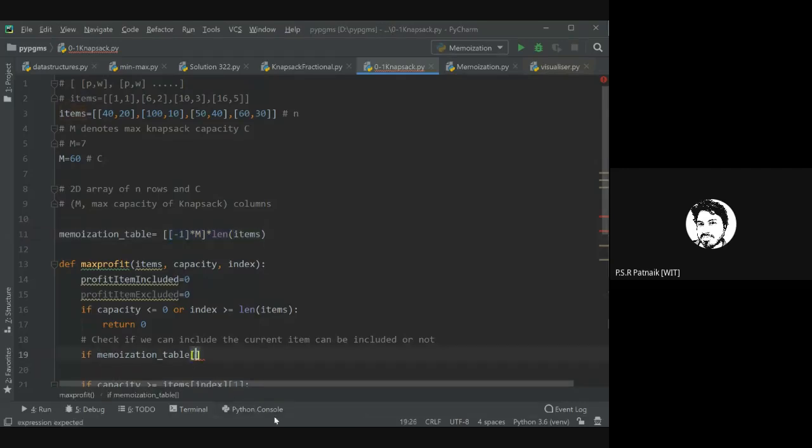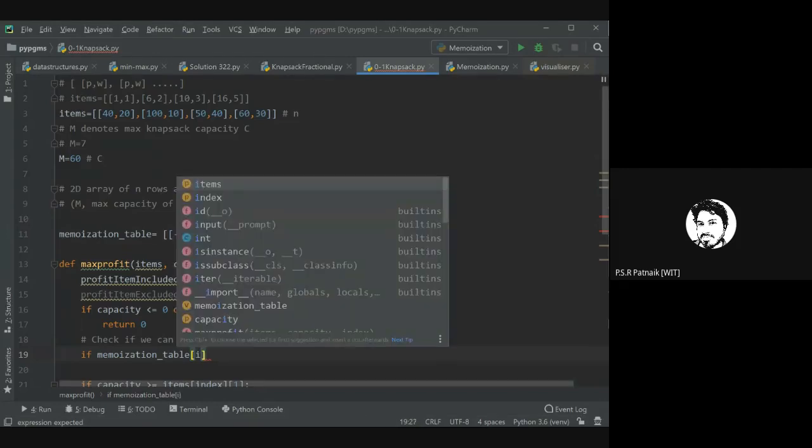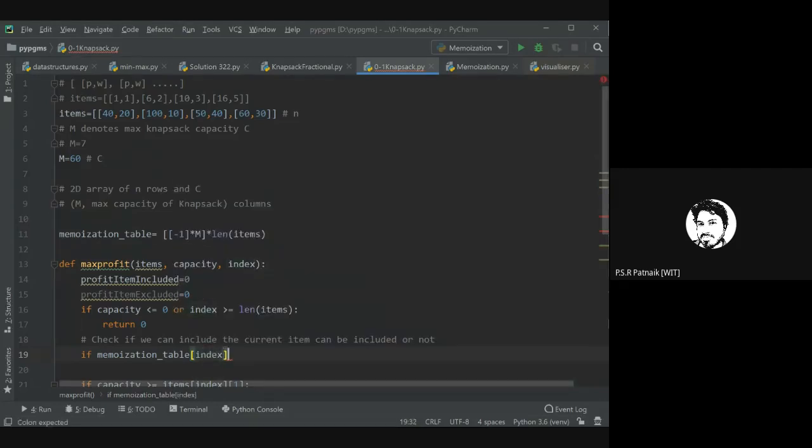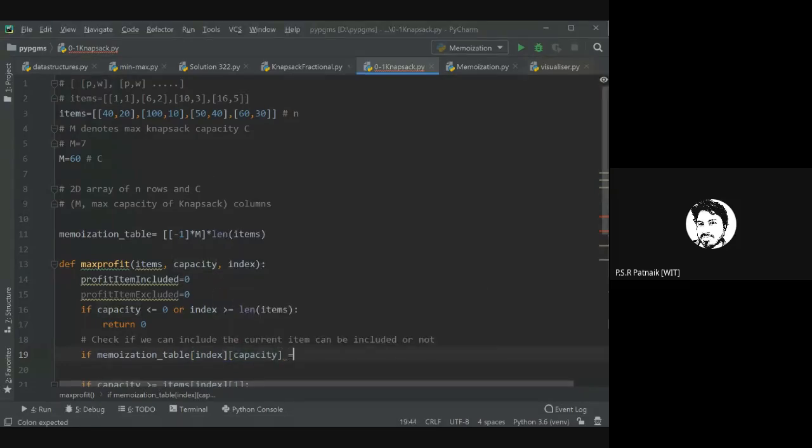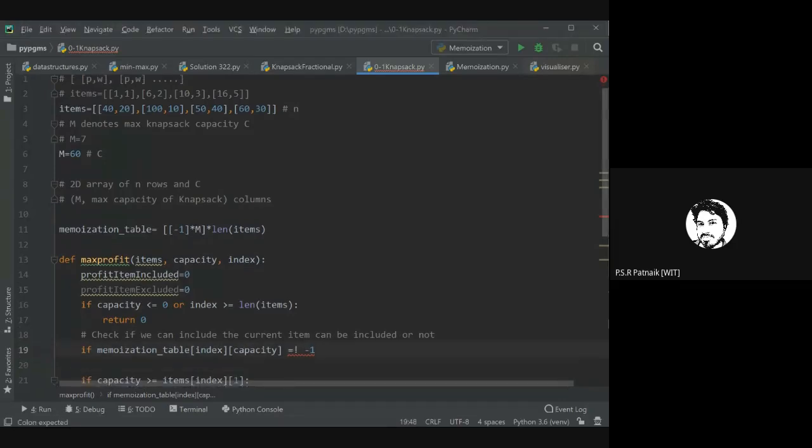So I need to pass if table of index and table of capacity is not equal to -1, it means there is some value stored in that.